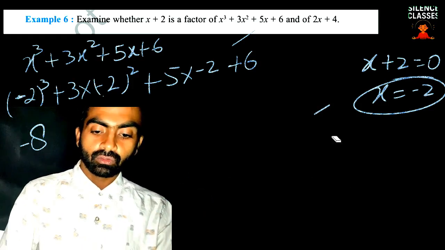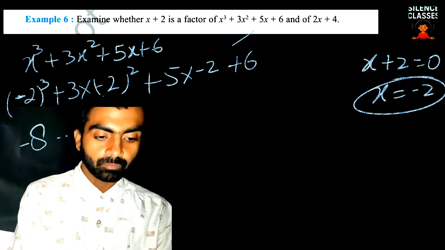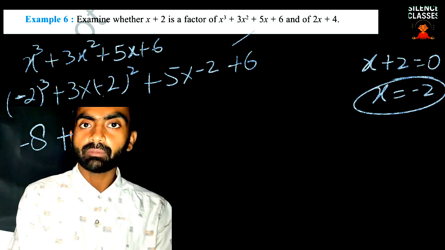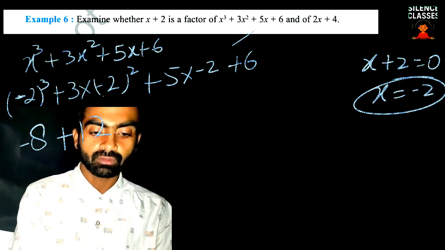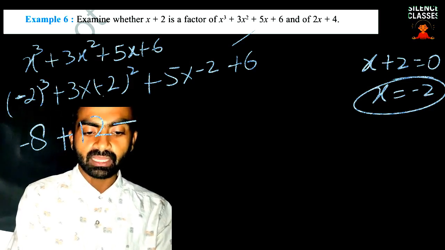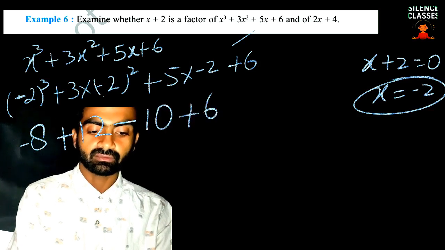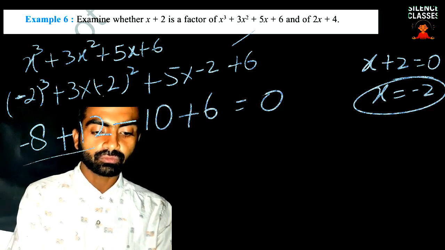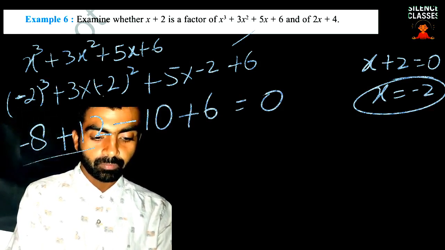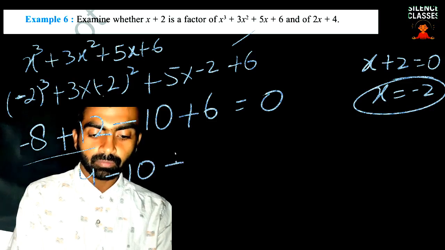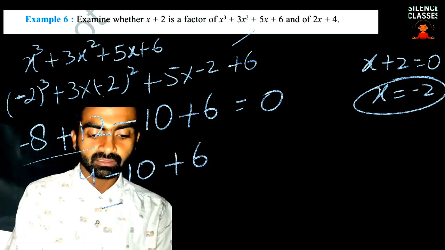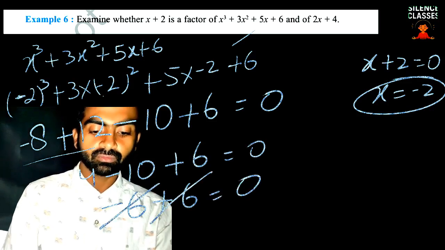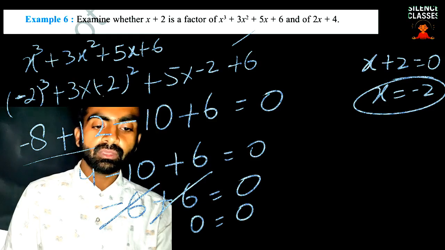So it is minus 8. Now the power is even, so 2 multiplied by 2 is 4, and 4 threes are 12. Now plus times minus will become minus, and 5 twos are 10, plus 6 is equal to 0. Now minus 8 plus 12 becomes plus 4, minus 10 plus 6. Now it becomes minus 6 plus 6 is equal to 0, and we can cancel this, so it becomes 0 is equal to 0, which means